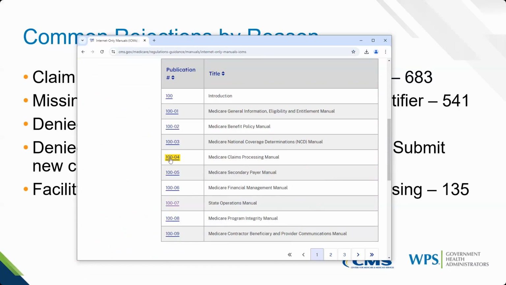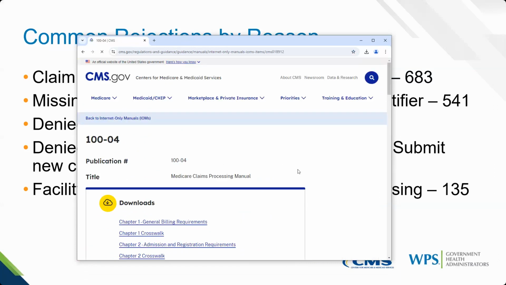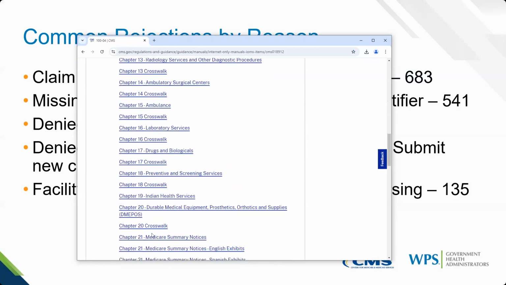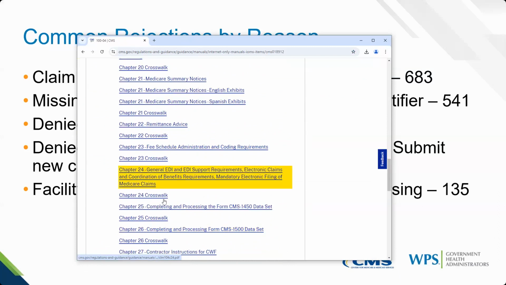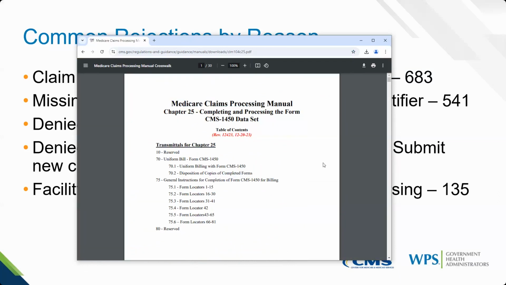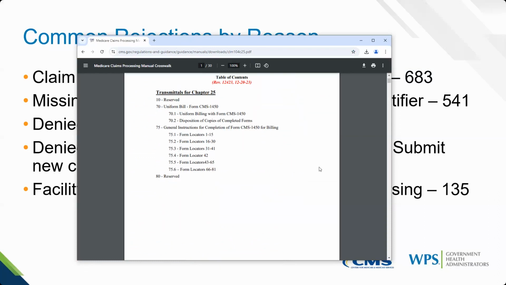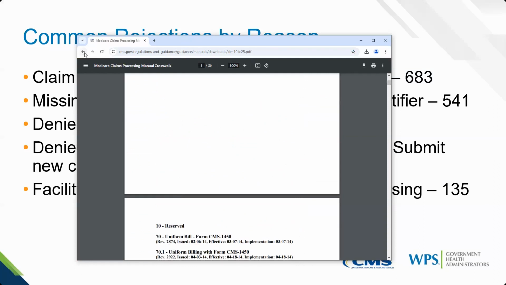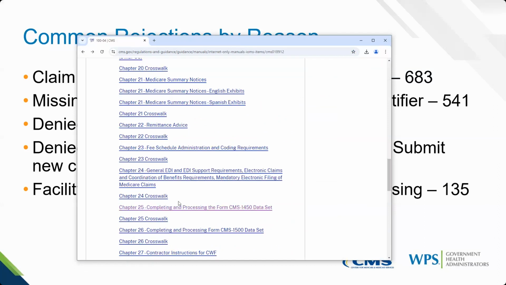I mentioned to you that claim form processing guidelines are in 100-04, Chapter 26. And remember, these are paper claim form instructions. So here is completing and processing the form CMS 1450 data set. Chapter 26.